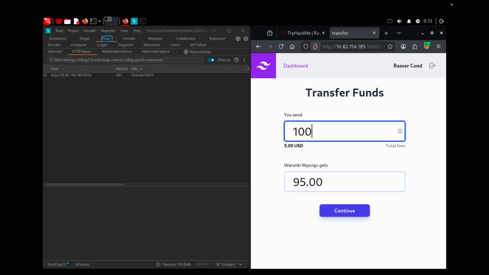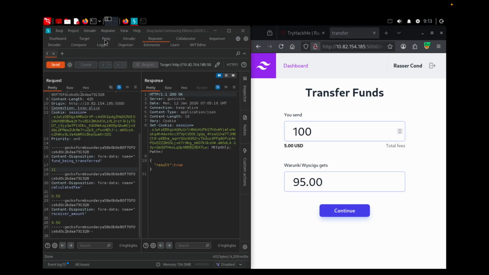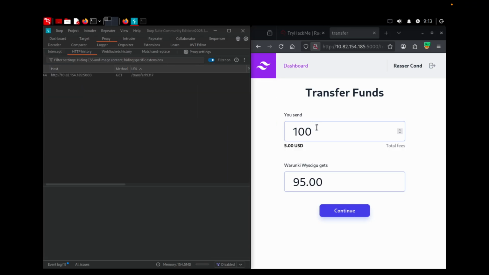We want to save as much as we can so we can have enough headroom over here on Burp Suite's repeater. Since the requests need to be valid, and I think from what I tested, the more headroom you have, the more chances of succeeding you may have. So let's try to send only one to Warunki, but we load in 100 and we take in, we